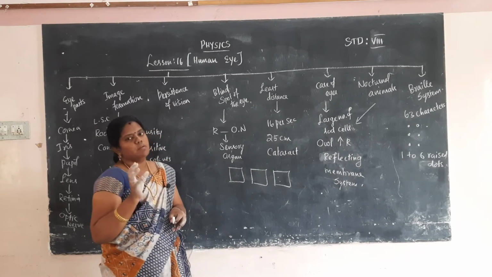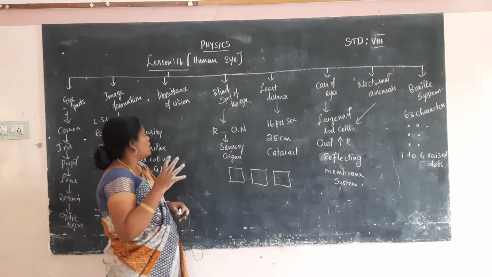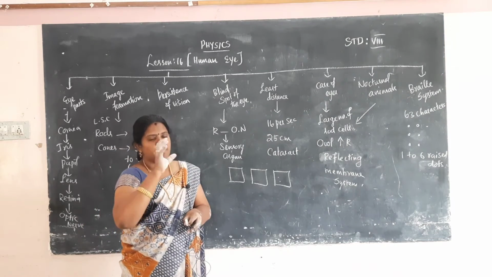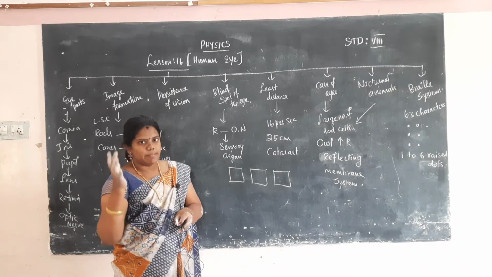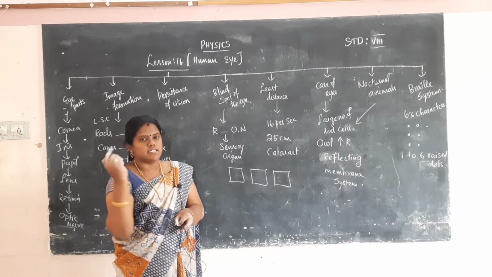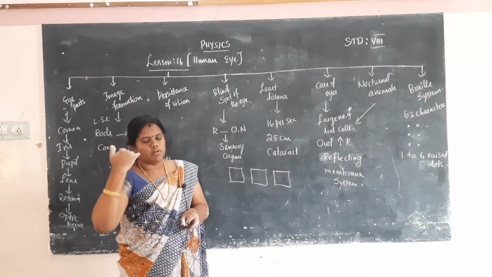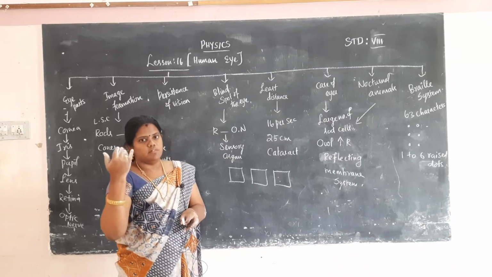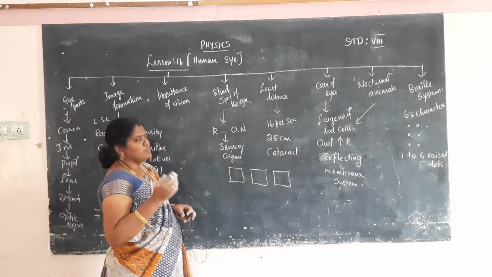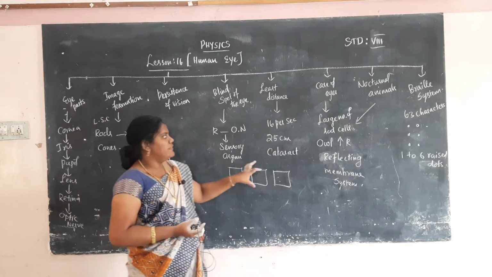The time duration taken to view from one object to another is called persistence of vision. If you have 16 still images and run them very fast, 16 times per second, those still images will be considered a moving object by your eye. The perceived moving object is called persistence of vision. And then, least distance.